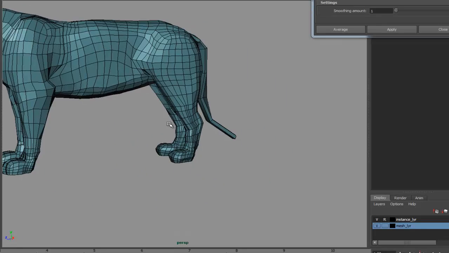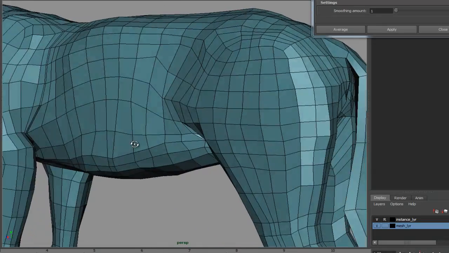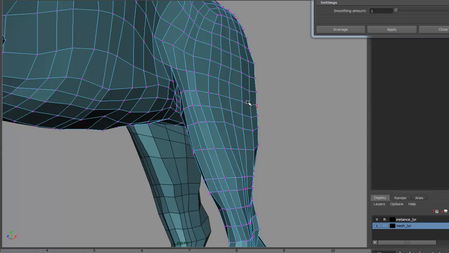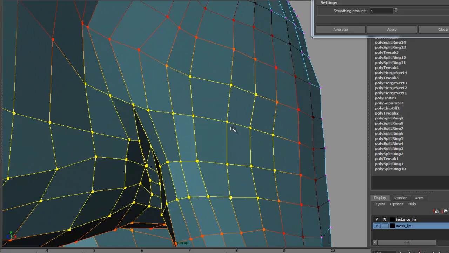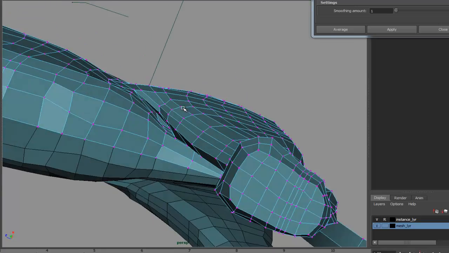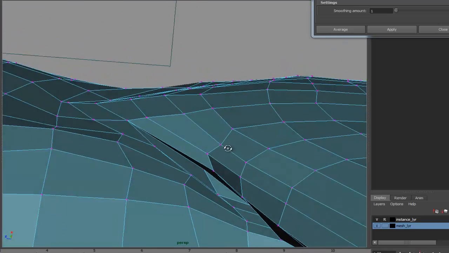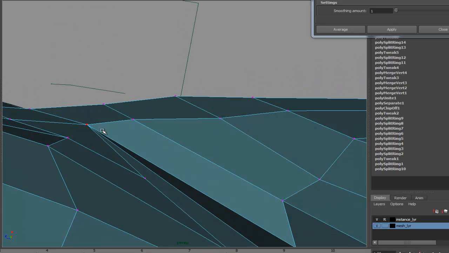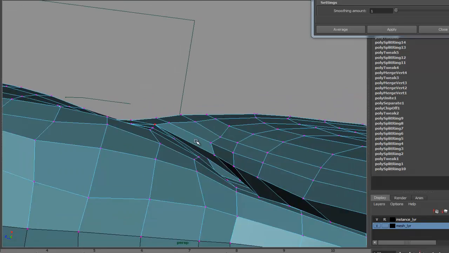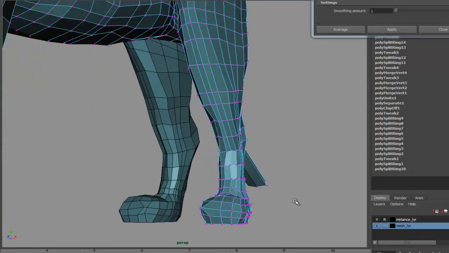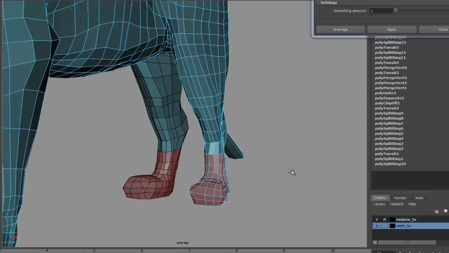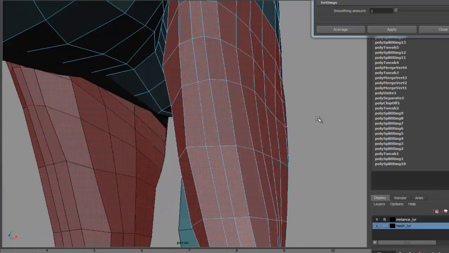So back to this leg, I'd have to do it over here too, plus identify where my 6 star is. So I need to find it, and I haven't been observant enough to spot it. It's got to be tucked in here somewhere. It's probably, well, it's right there actually. It's that one. 1, 2, 3, 4, 5, 6 on that one point. So I'll do the procedure here for you. I will select all the faces of the foot and then grow my selection up to the inside of the leg,